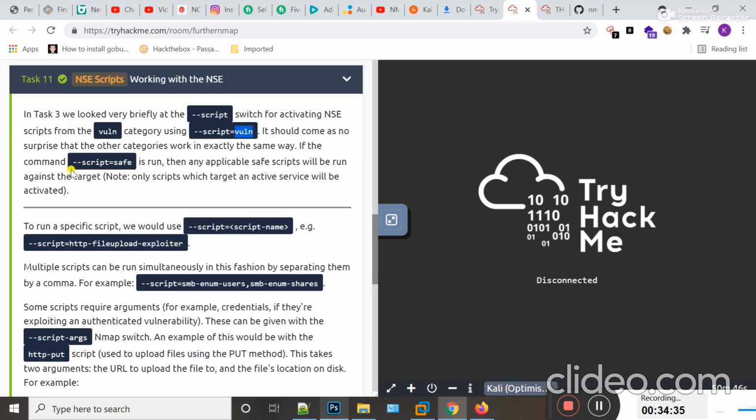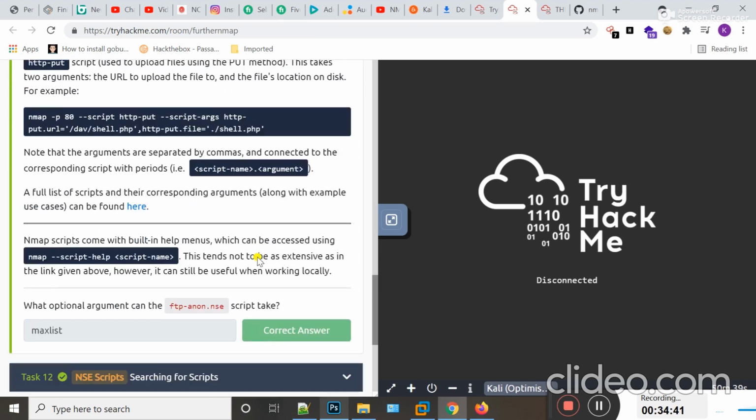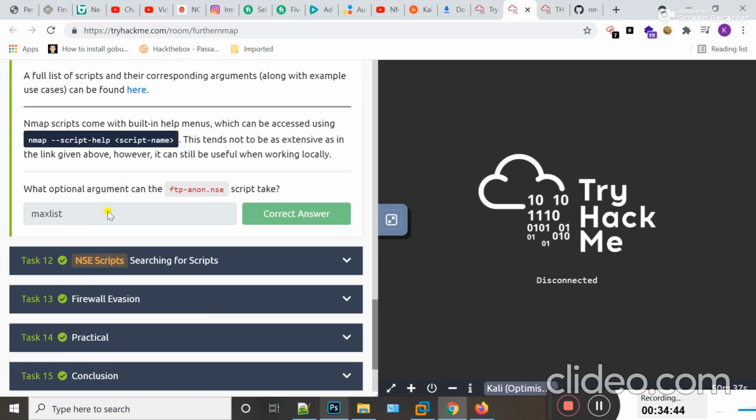Here you can see if I want to use this category, then I can use this syntax. Okay, what optional argument can be used with FTP anonymous NSE scripts? maxlist. Here you can see that maxlist can be used as an optional argument with FTP anonymous NSE scripts.